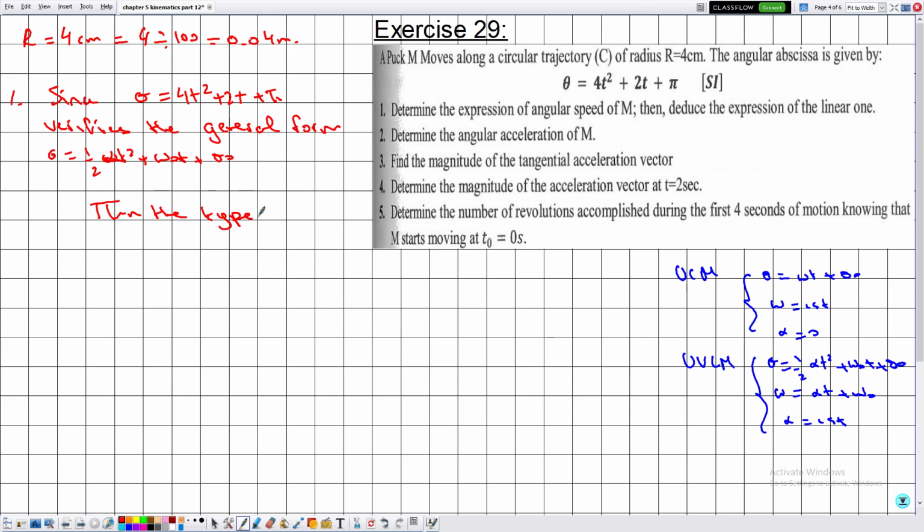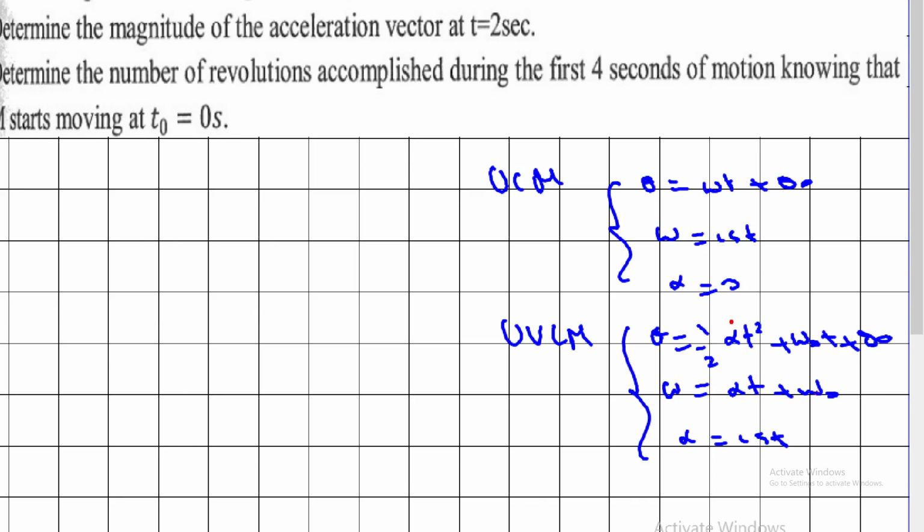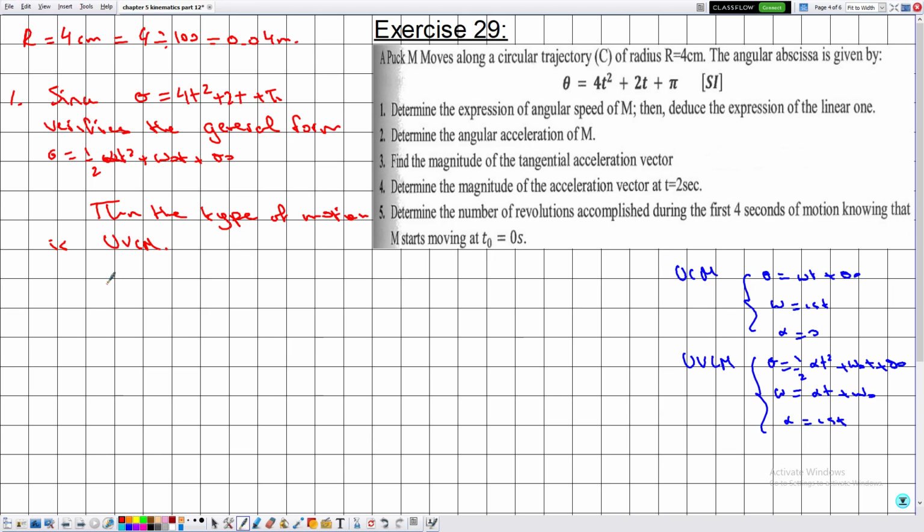the type of motion is UVCM whenever it is quadratic in time. So in this case, theta is equal to half alpha t square plus omega 0 t plus theta 0. Omega is equal to alpha t plus omega 0, and alpha is equal to a constant. And the given form is theta is equal to 4t square plus 2t plus pi. So by comparison,